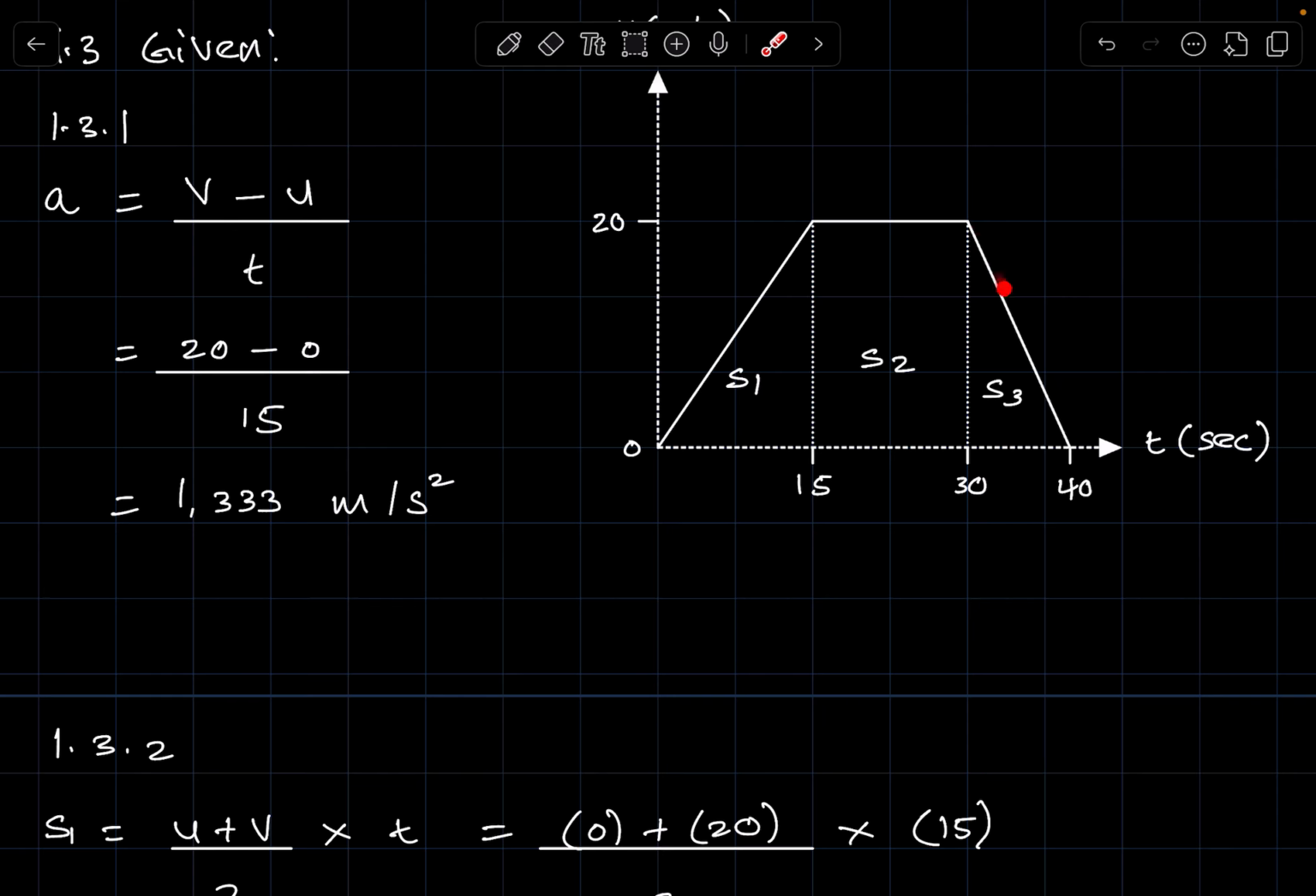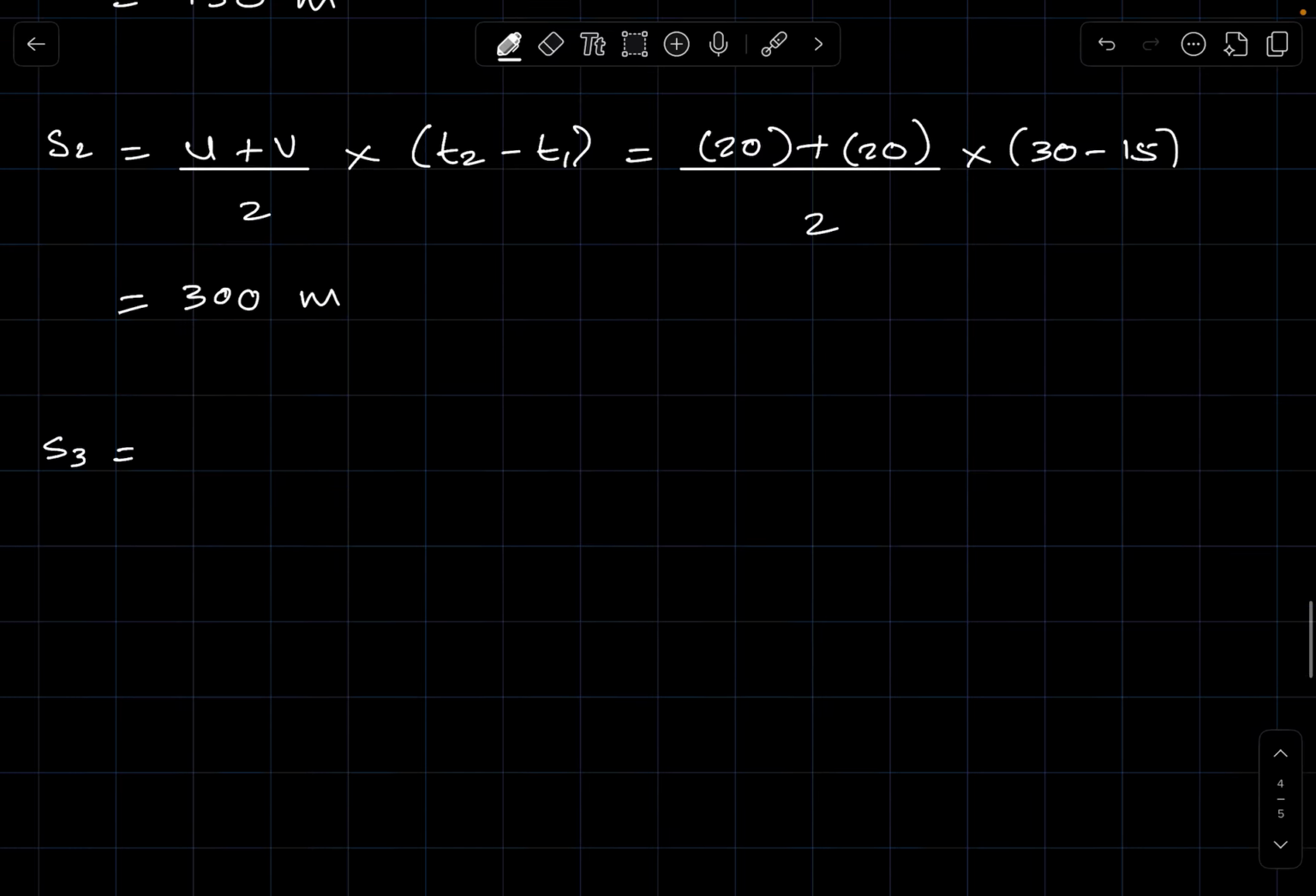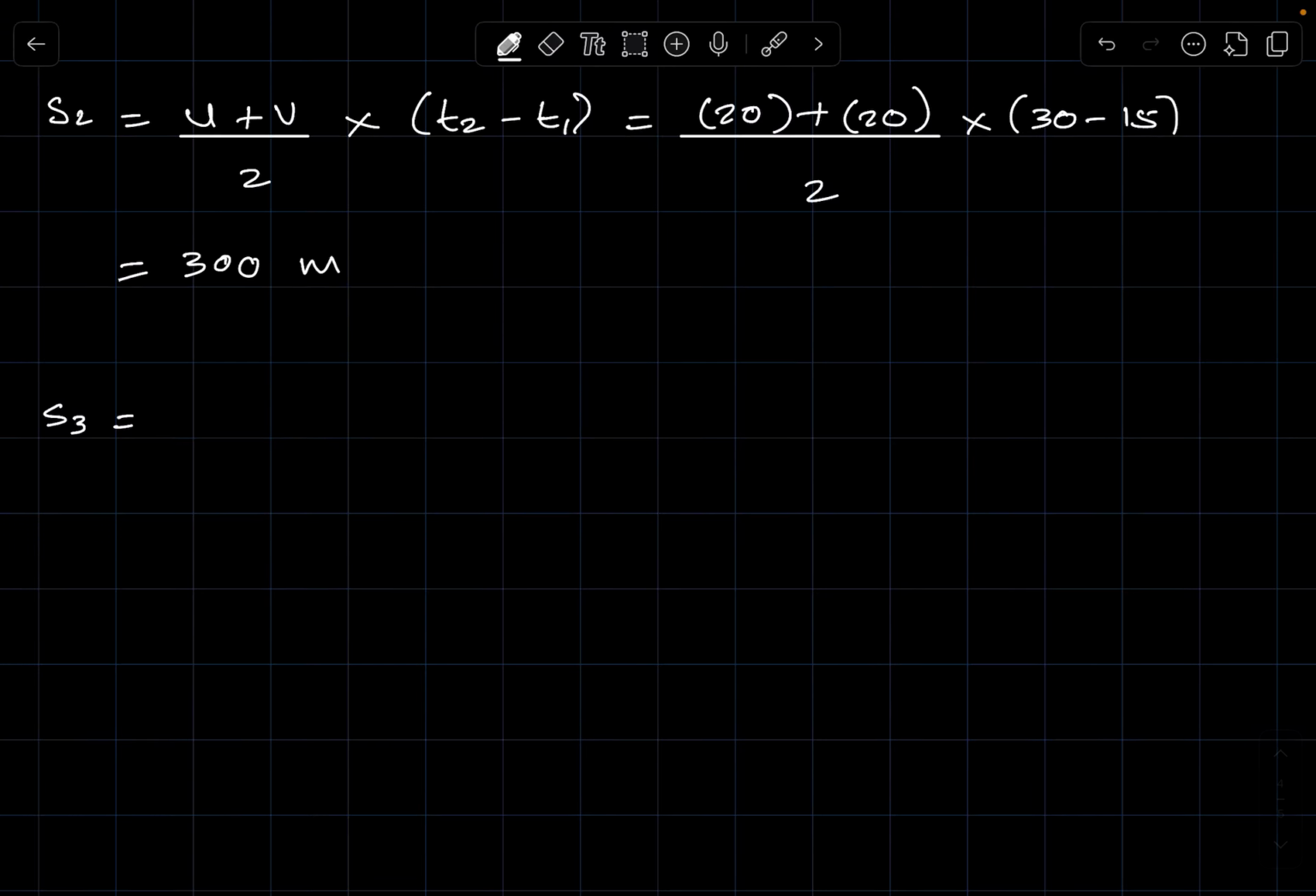Right, this here represents the third section. The third section begins here and it ends at that point. In the third section the car was decelerating, making this the initial velocity here, and that's the final velocity. Using the very same formula, average velocity, there's only two velocities to consider, so it's u plus v divided by 2 times,